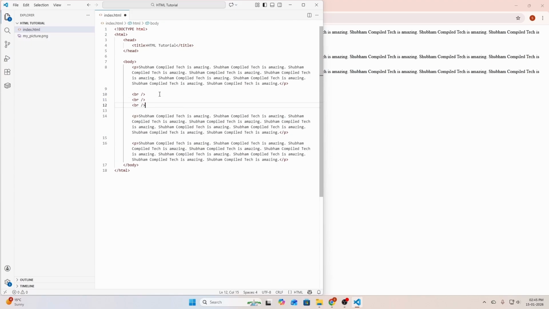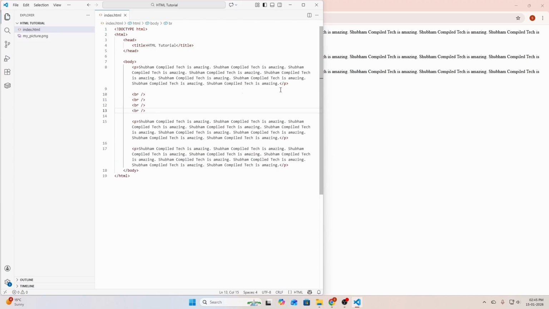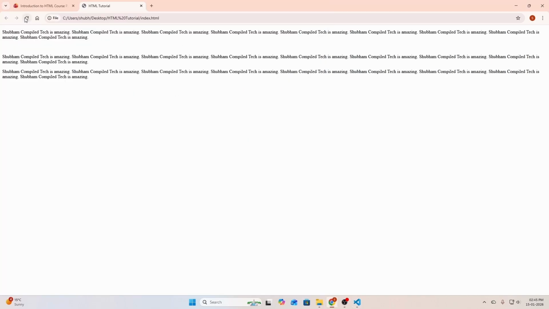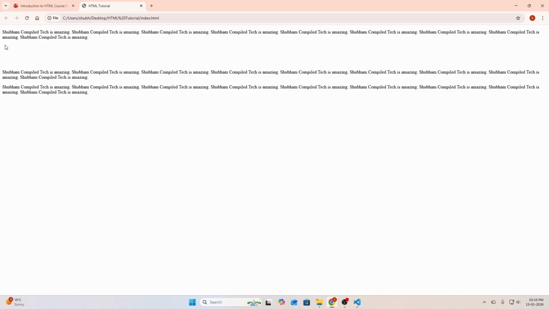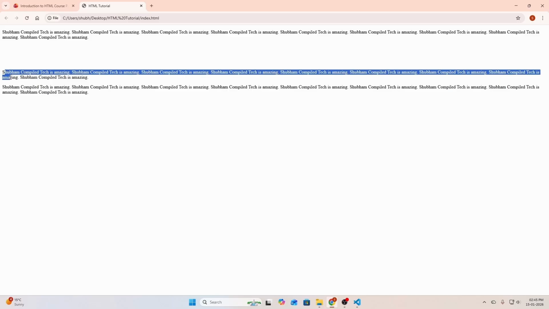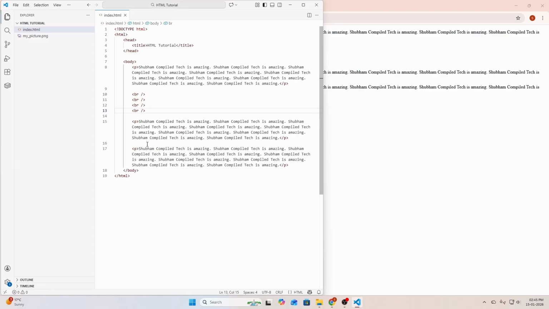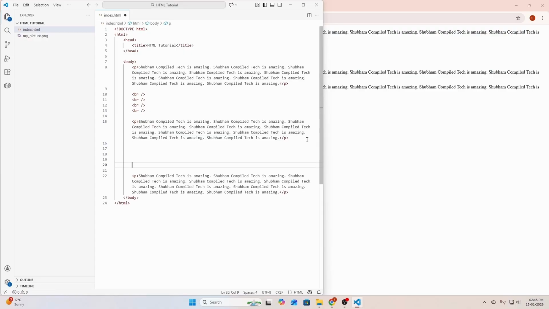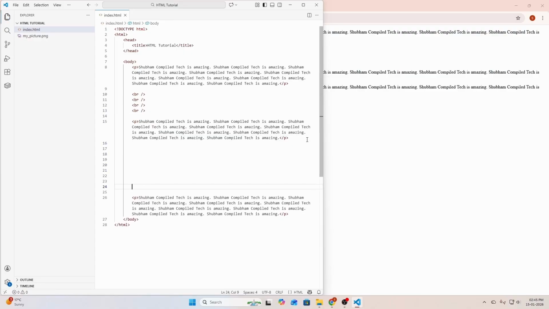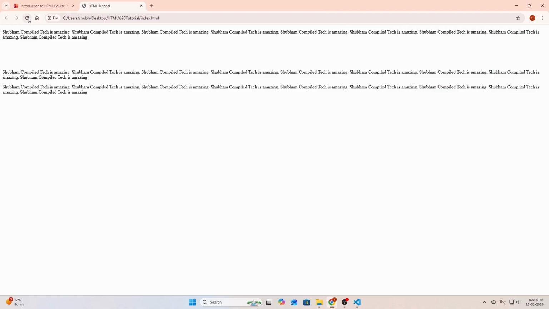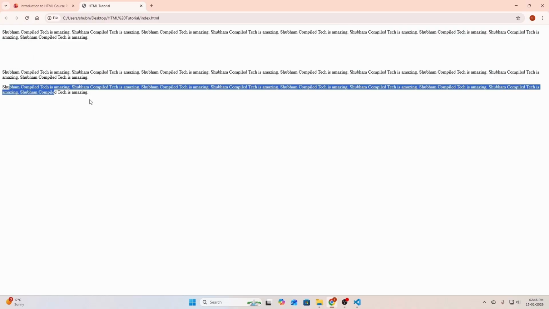So let's paste it 4 times and let's just save and refresh our index.html web page. We can see that there is a lot of space, or I should say line breaks, between the first paragraph and the second paragraph, and there is only one new line between the second paragraph and third paragraph. Even though I can add as many spaces or lines as I want in my code here, this does not work. We can see that there is no change between the second paragraph and the third paragraph